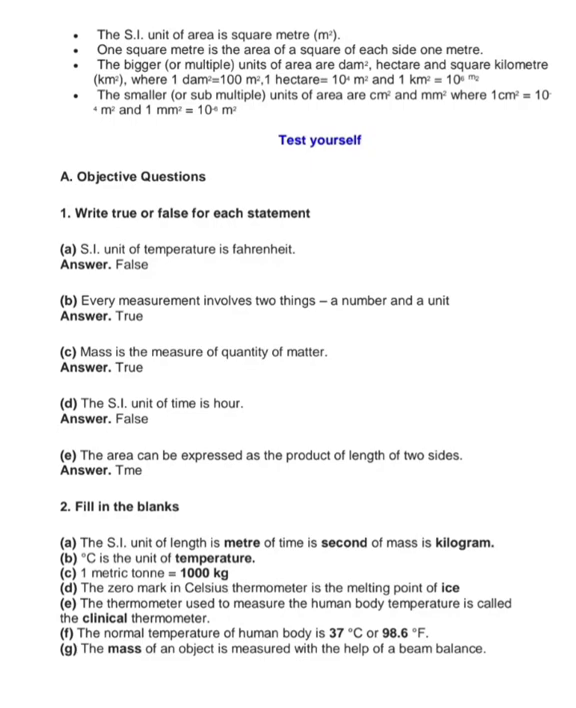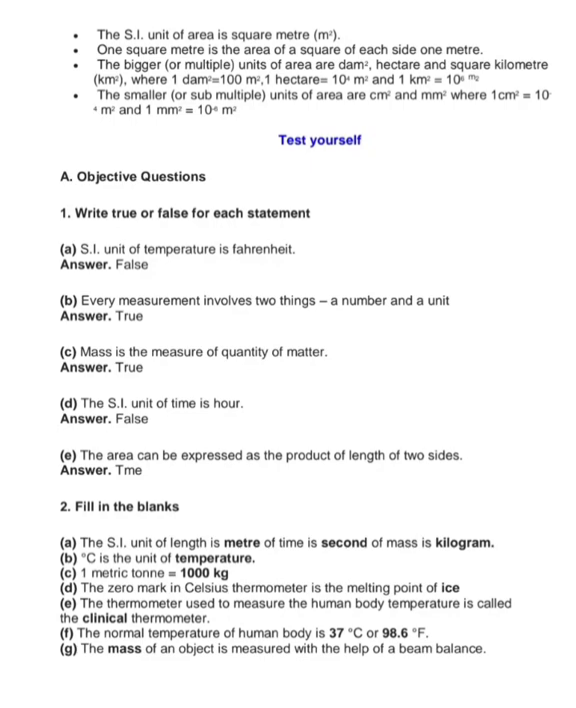So if the side is 1 meter, then the area of 1 square will be 1 meter into 1 meter, which is equal to 1 meter square, or 1 square meter, as it is also said. The bigger or multiple units of area are dam square, which means square decameter, hectare and square kilometer, where 1